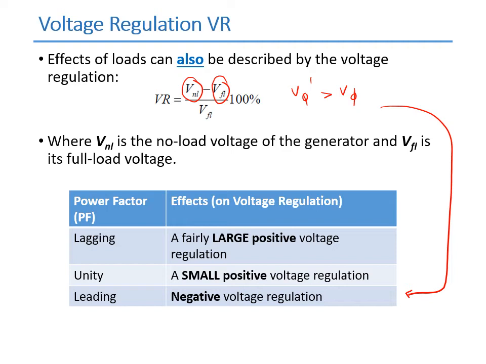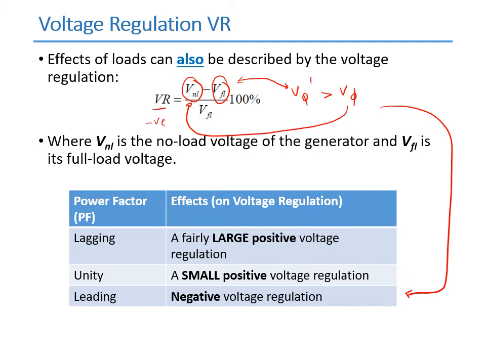Okay, and the full load voltage is actually referring to this, yeah? Because when you increase the load until its maximum, then you get the full load voltage, and this will be linked to the no load voltage, yeah? Okay, and because the VFL is larger than the VNL, then you get a negative